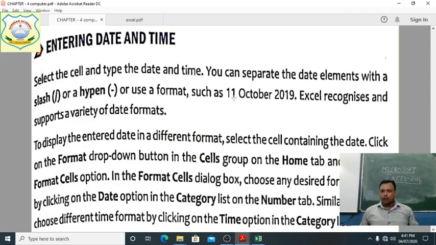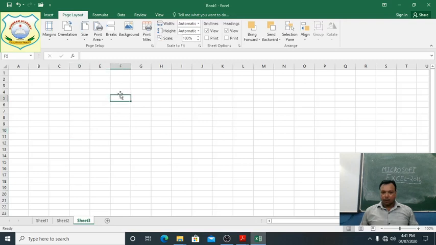Use a format such as 11 October 2019. Excel supports a variety of date formats. See everyone what I am saying. Suppose we have written 02 slash 06 slash 2020.